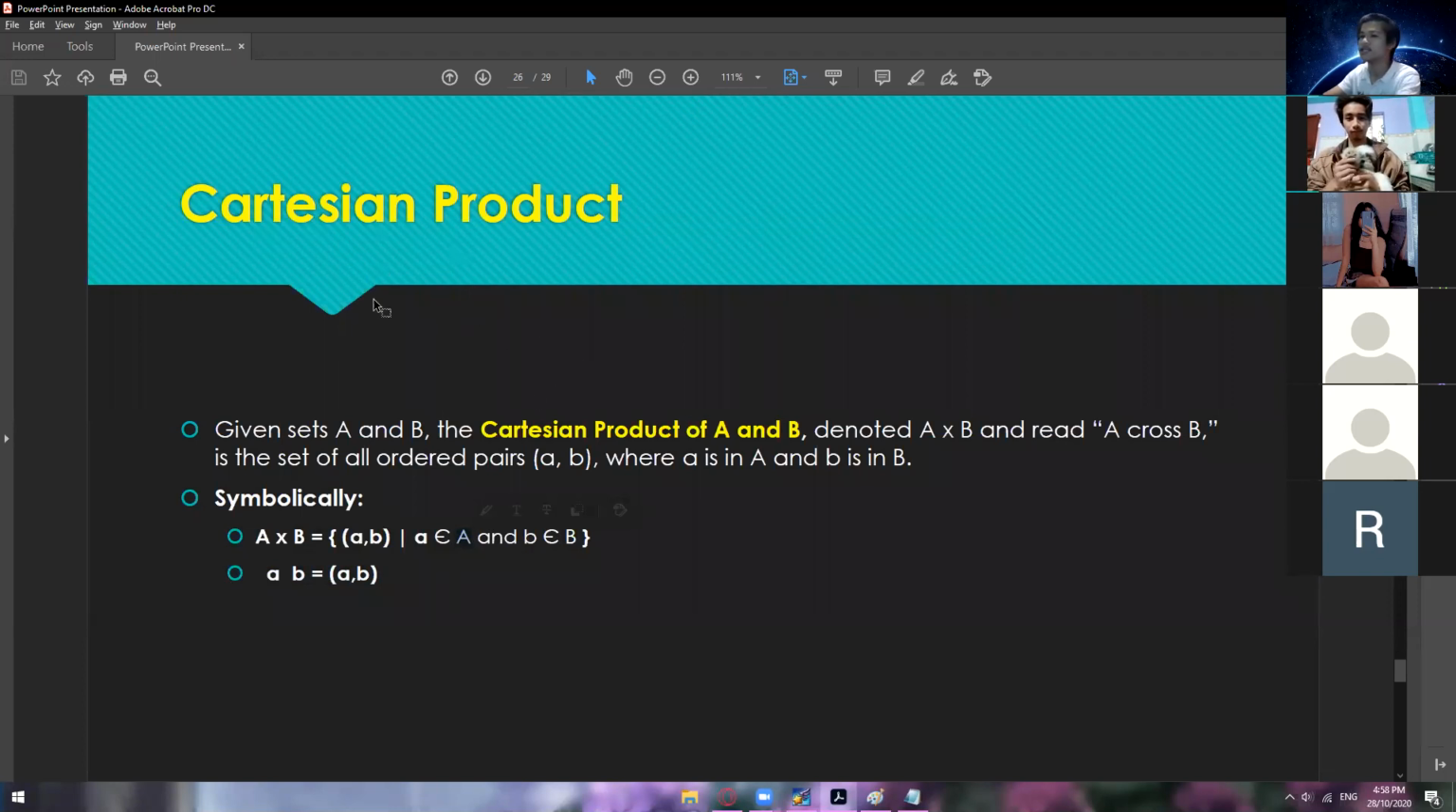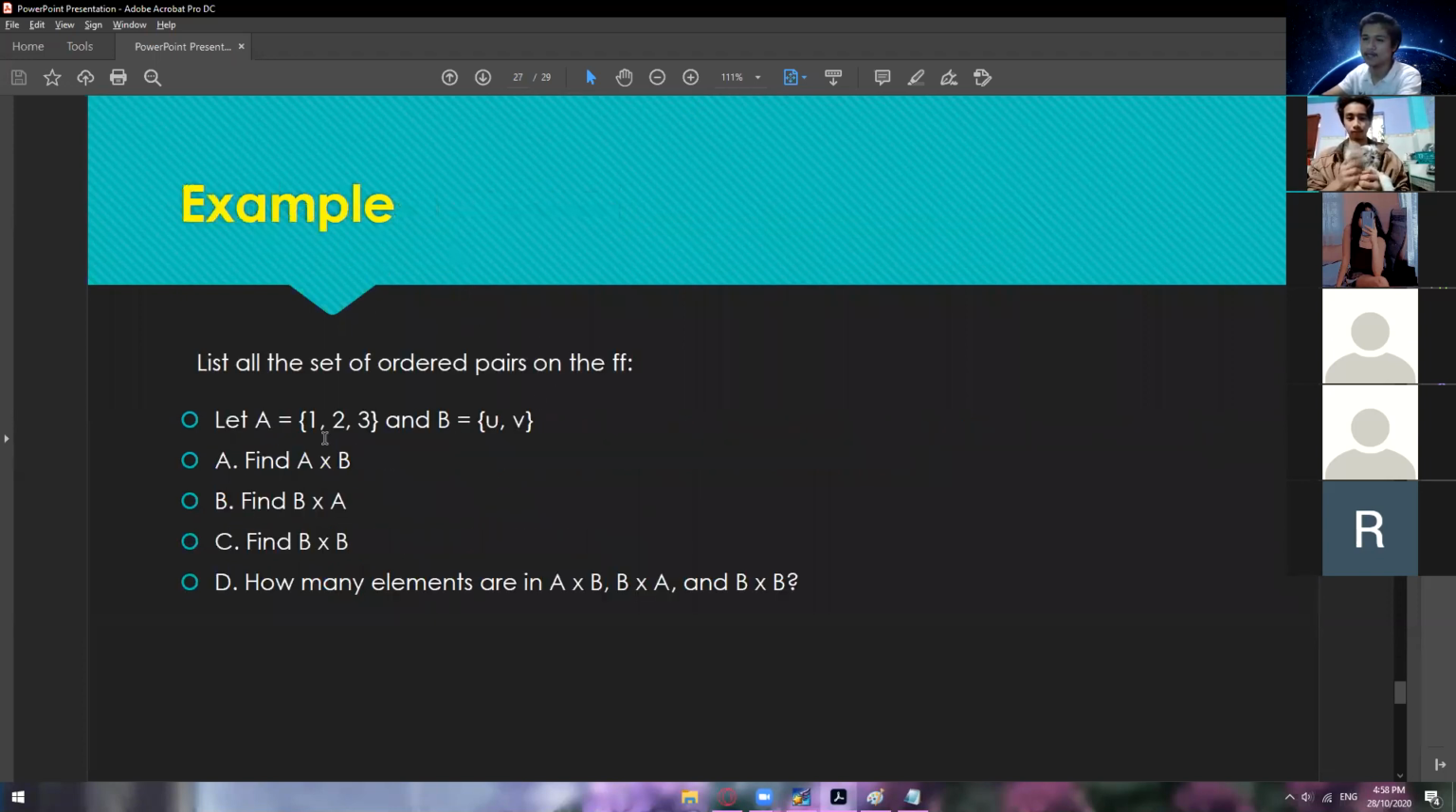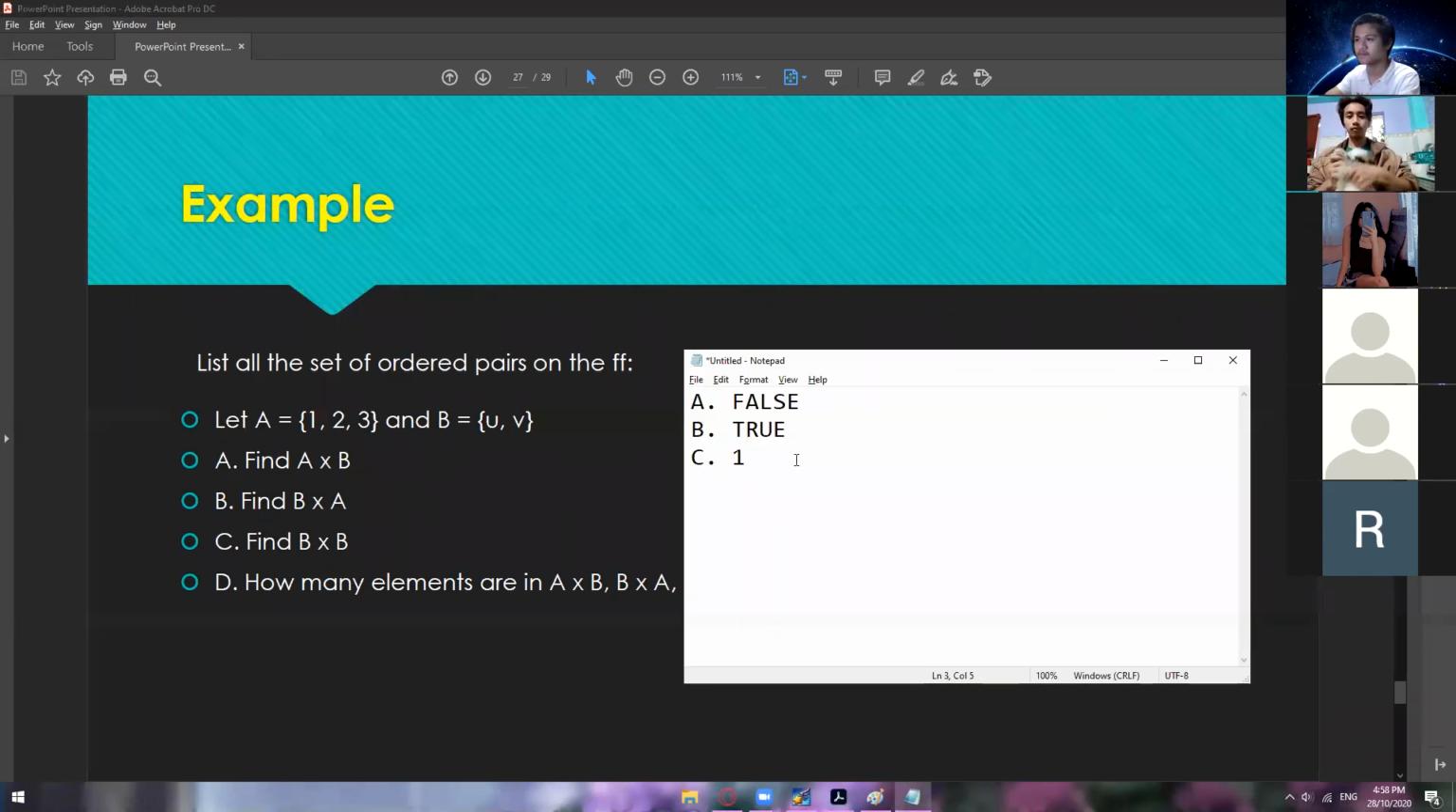So for you to appreciate the Cartesian product, we have here an example. So list all the set of ordered pairs on the following. So we have let A is equal to {1, 2, 3}, and then set B is equal to {u, v}. So it says find A cross B or A times B. Anyone who wants to volunteer? So what are the ordered pairs of A cross B? A times B is equal to,